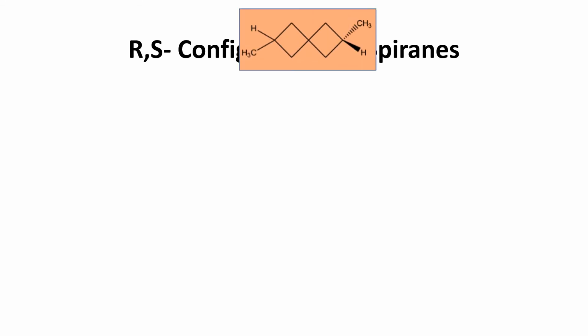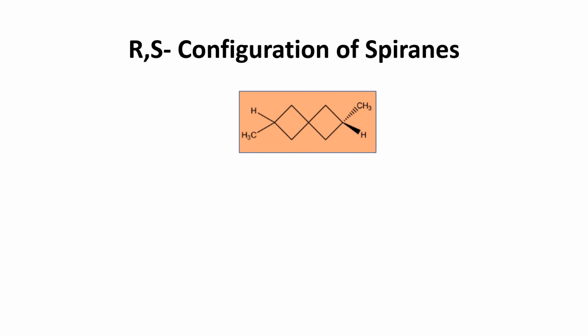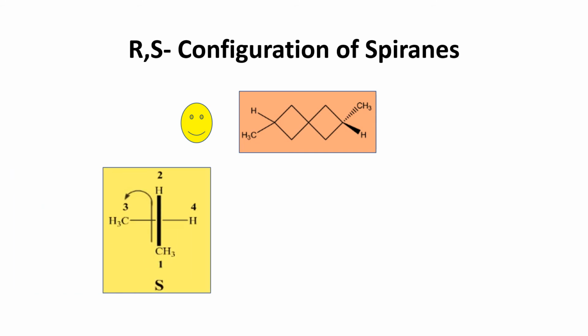And what about the R/S configuration of spirenes? How to do the R/S configuration? See here, this is the molecule. If you view the molecule on this side, okay, the solid line, as I said in allenes, if you keep that trick in your mind, you can do all the spirenes, biphenyls and allenes, everything very clearly. The solid line, where you need to keep, as I said earlier, should be the vertical line. H and CH3 should be in the vertical line. Give priority 1 and this 2. And this is the solid wedge line and the dash line.